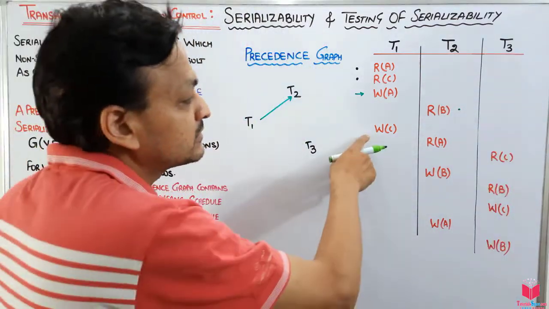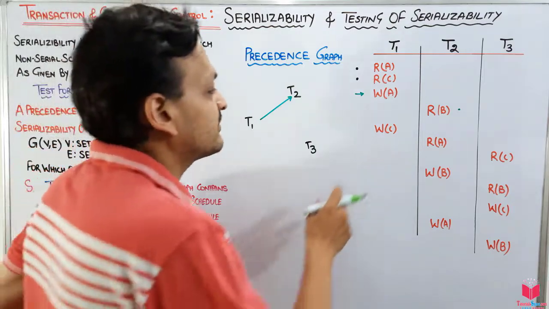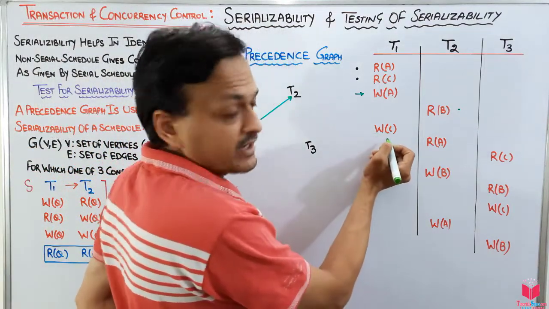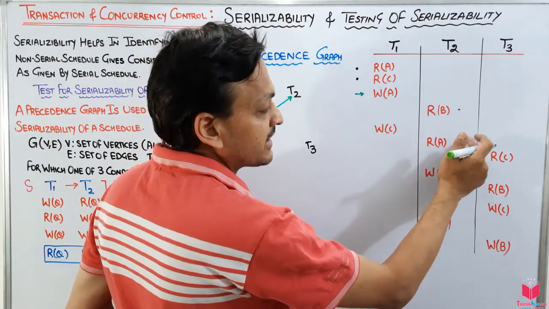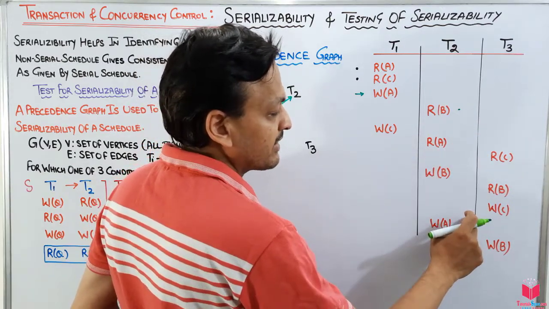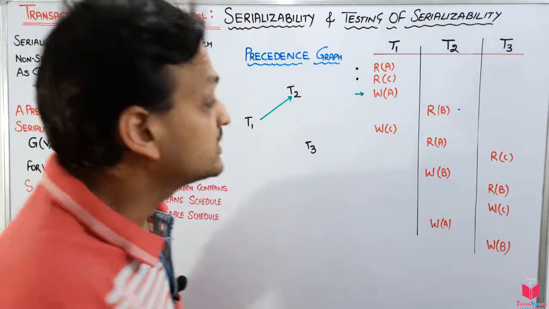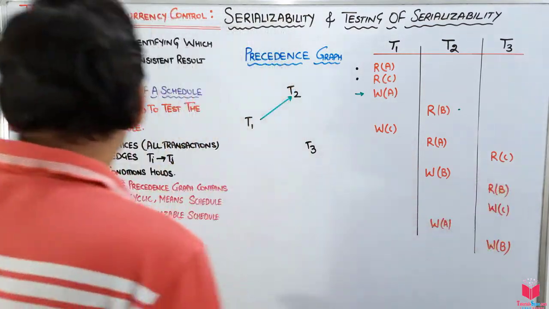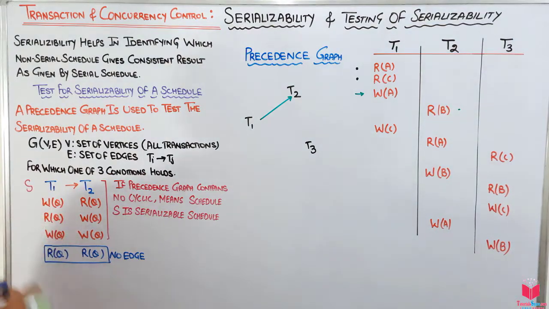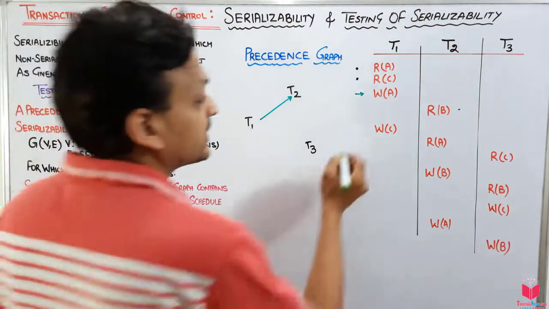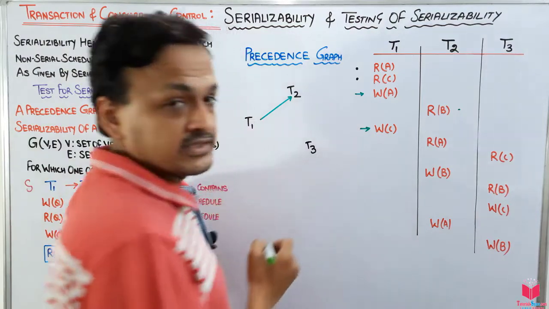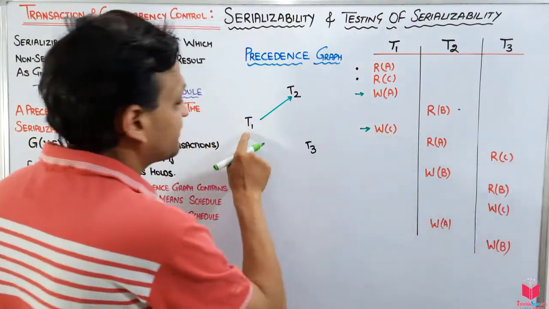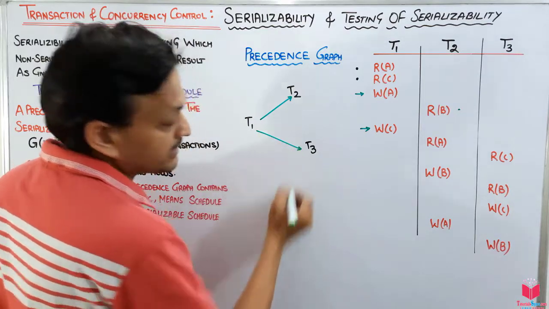Now move to this. So side by side we will do each and every instruction. There is a write operation on C variable. Okay, so I see this is the A variable, no, B variable, no, A variable, no, so I will not go for this. I will only look for the C variable. There is a read operation. If there is a write operation and read operation on the same variable, there will be an edge. That means it will give you an edge, from T1 to T3. Okay guys, from T1 to T3.